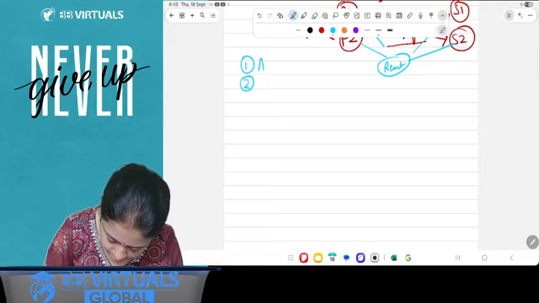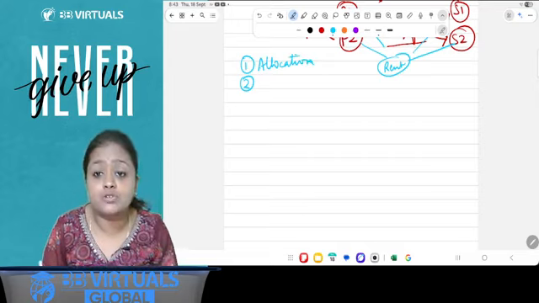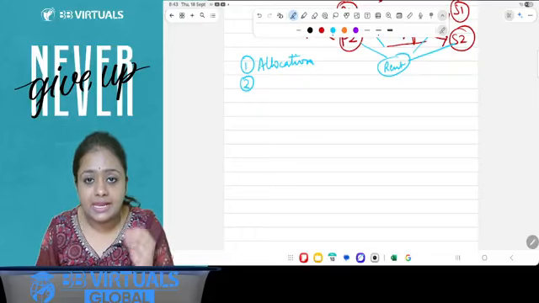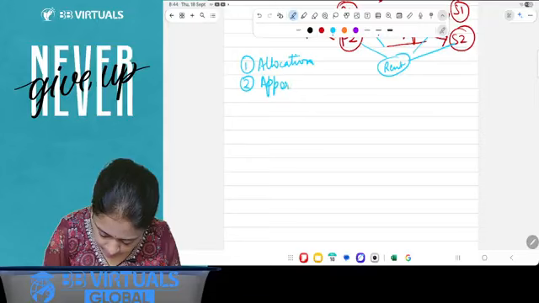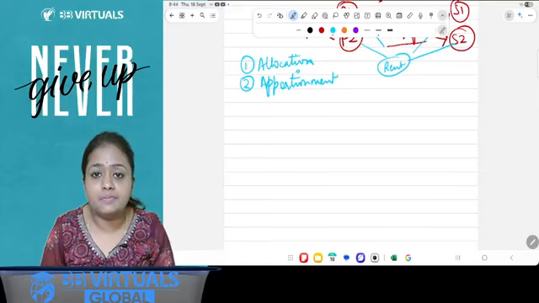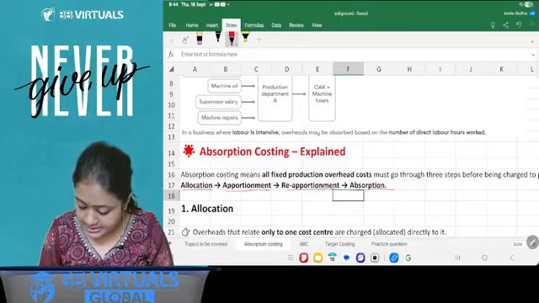First step is allocation, because we will allocate the overheads to the different departments. Okay, like I gave you the example. Second step is apportionment. Apportionment is that first step you allocate it to the different departments. Second step is,